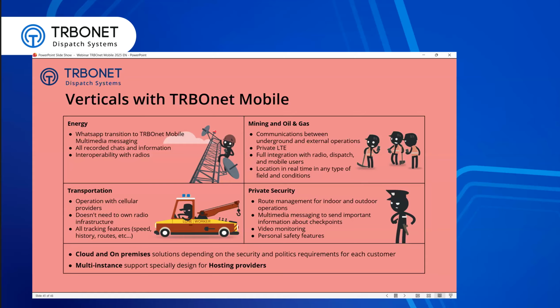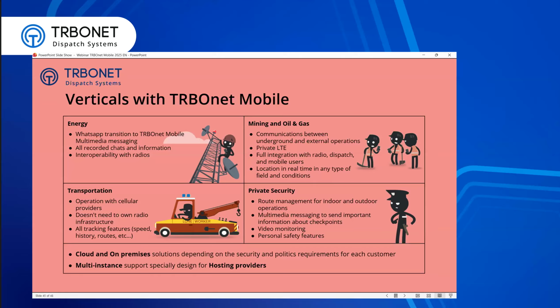The point about transportation is, of course, the coverage. We have a huge territory which we need to cover with communications, but we cannot install a radio network everywhere. And of course, the capacity of the radio network is limited. If you want frequent GPS updates, sometimes it requires more resources. In that case, the mobile client and push-to-talk over cellular solution is very good for